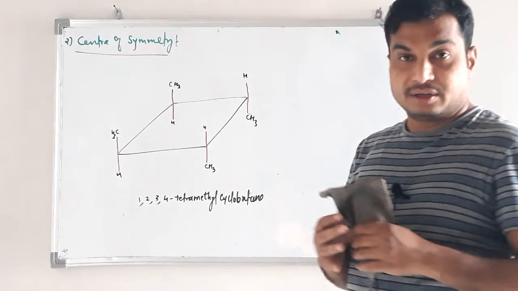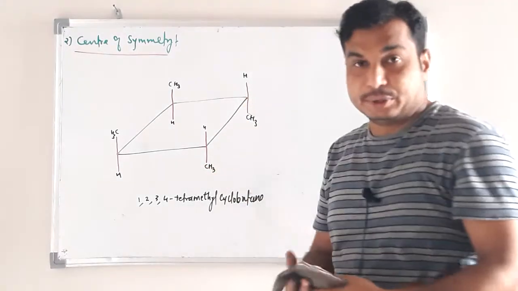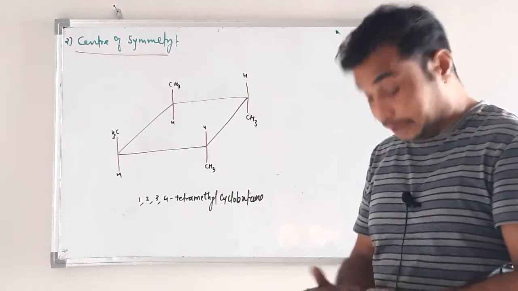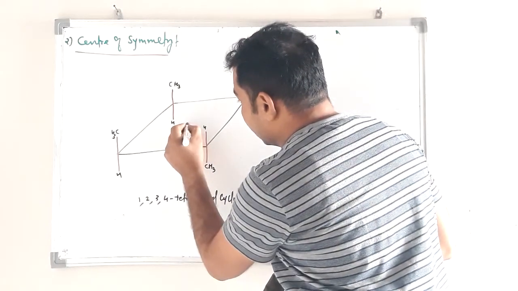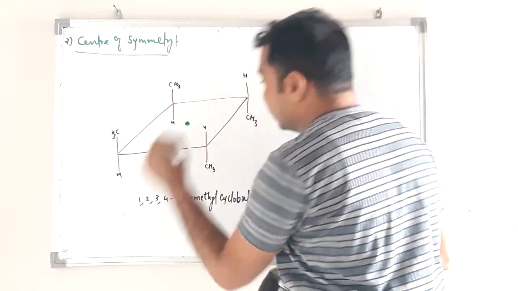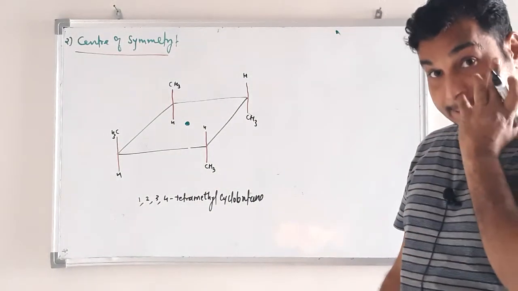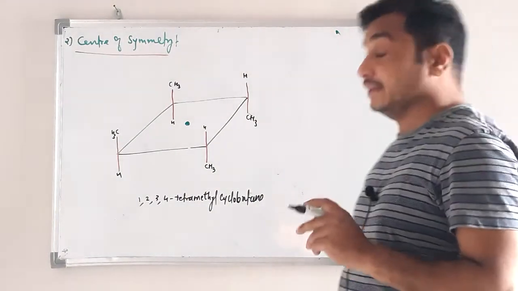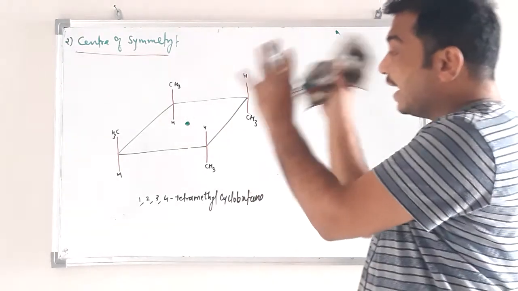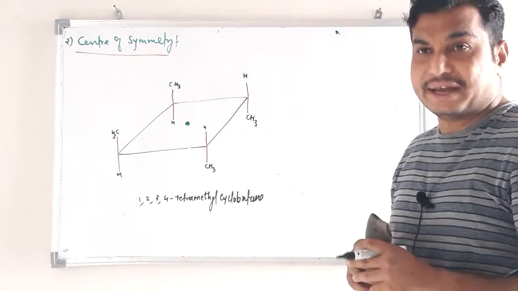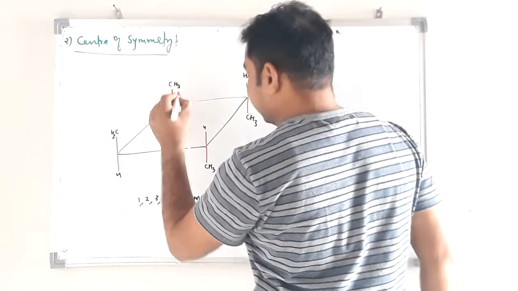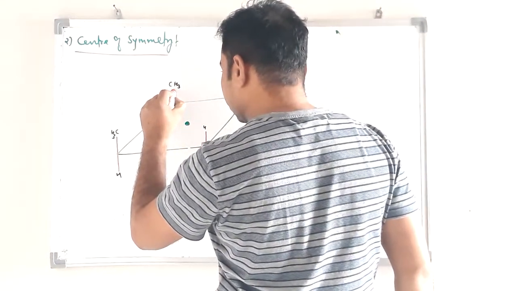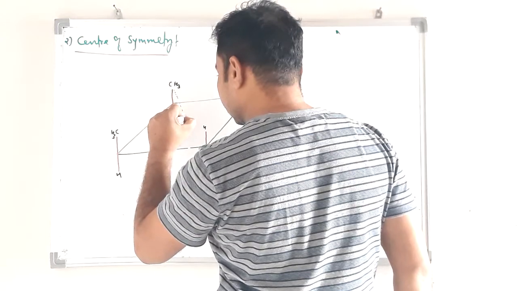There is one center in the middle part of the molecule. What is the speciality of this center? The point is that if we draw a line from any atom or any substituent in the molecule toward the center, like this,